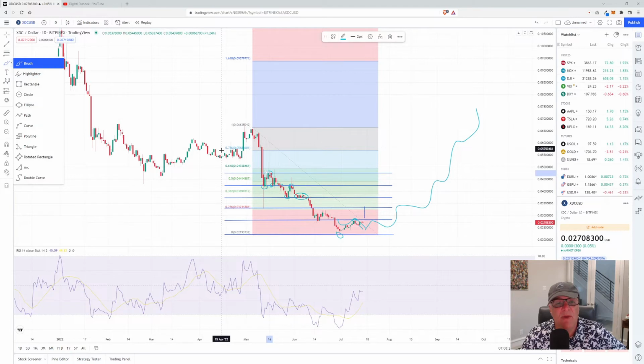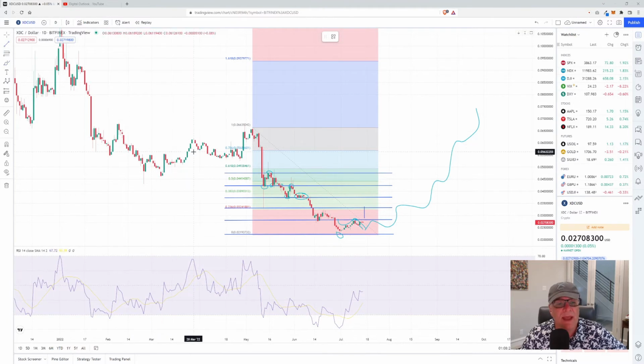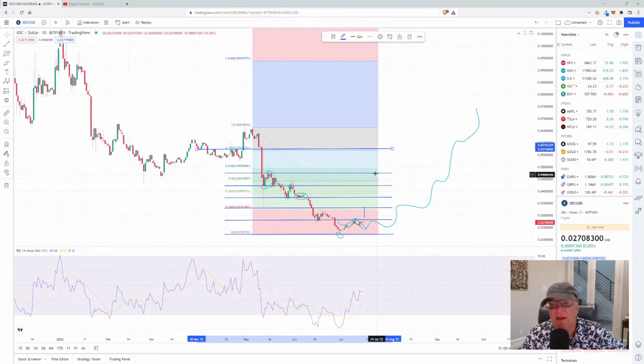Look at the air all the way up that you're going to see, coming all the way up, really right up into this area right in here. This area right up in here, guys, is the 5.7 cent range, which is a major range for XDC. Look at all that air between this range at 4.7 and this range at 5.7.